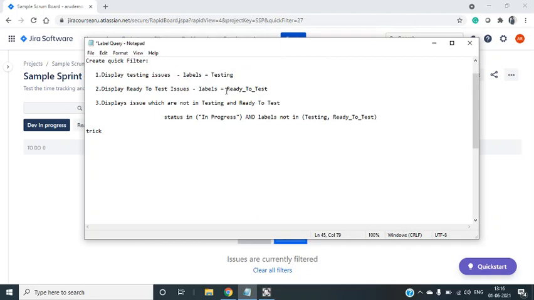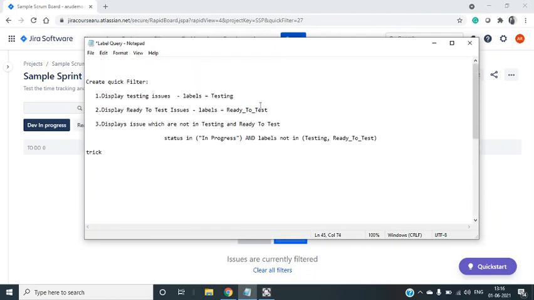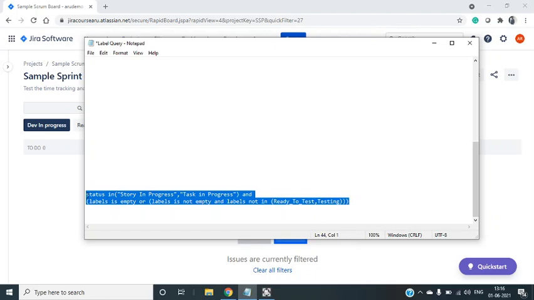It's not ready for test, we need to change this to ready to test. Okay, and we also need to add label is empty or label is not empty and labels not in ready to test and testing. Let's see whether it is working correctly or not.